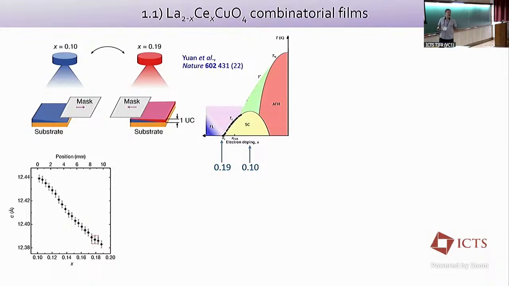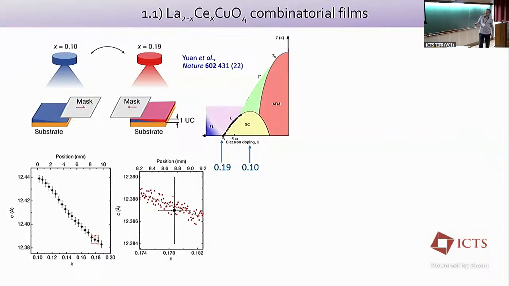And what that then leads to is a gradual variation of the cerium content along the film. And here is just some, in Beijing, they did some in-house X-ray to show the evolution of the C-axis lattice spacing, to show it's quite smooth. But if you zoom in, they actually took the samples also to synchrotron, and zooming in that red square, you